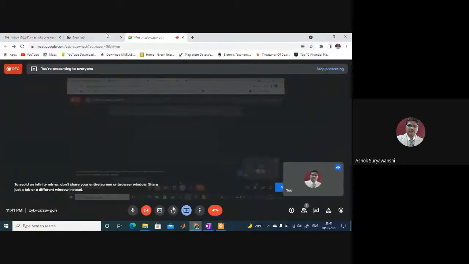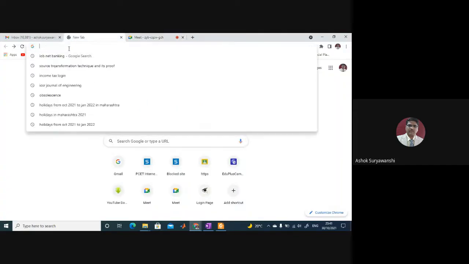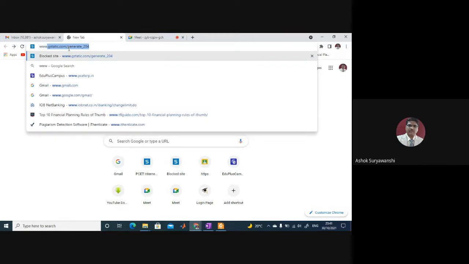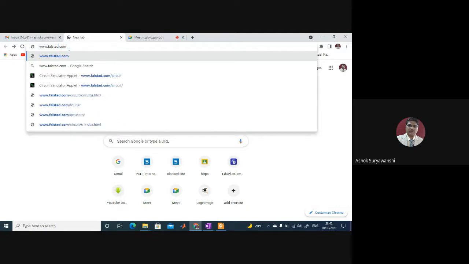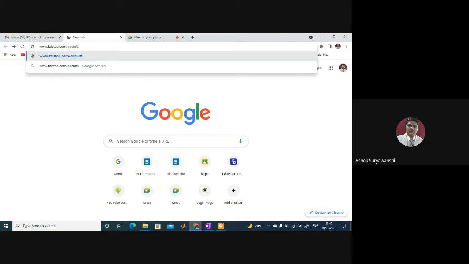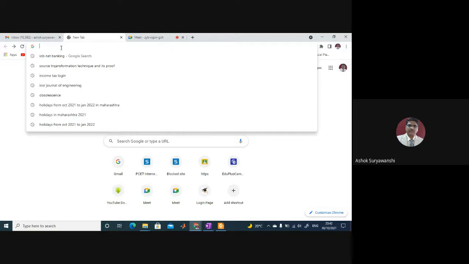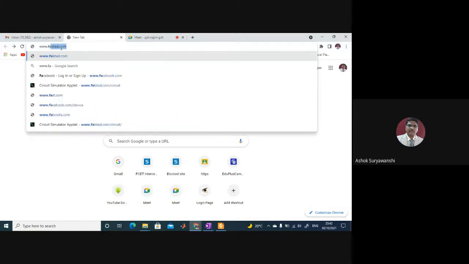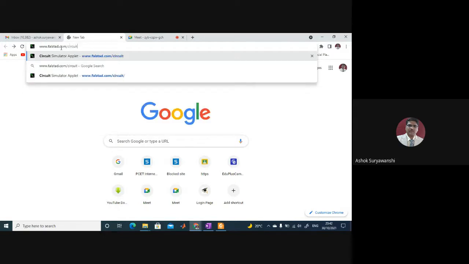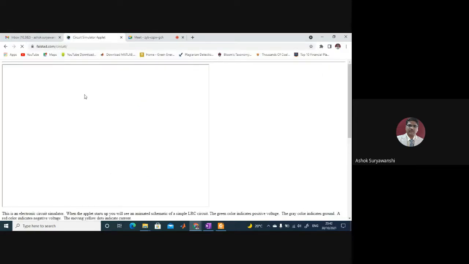Let us go to the browser, and in the browser you can type www.falstad.com/circuit.